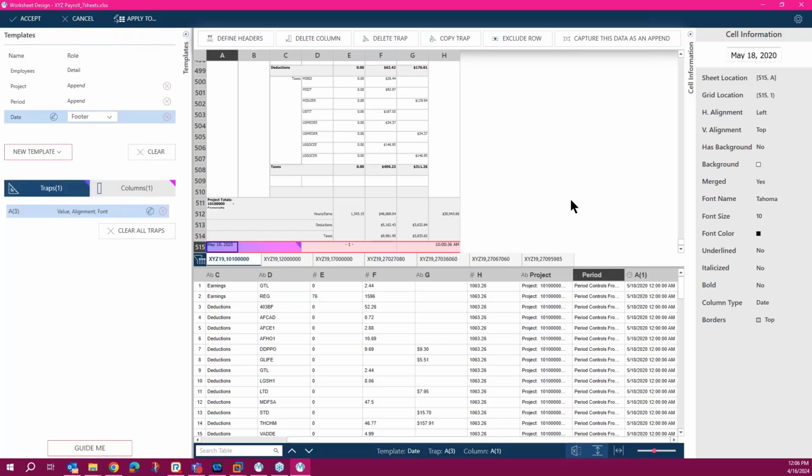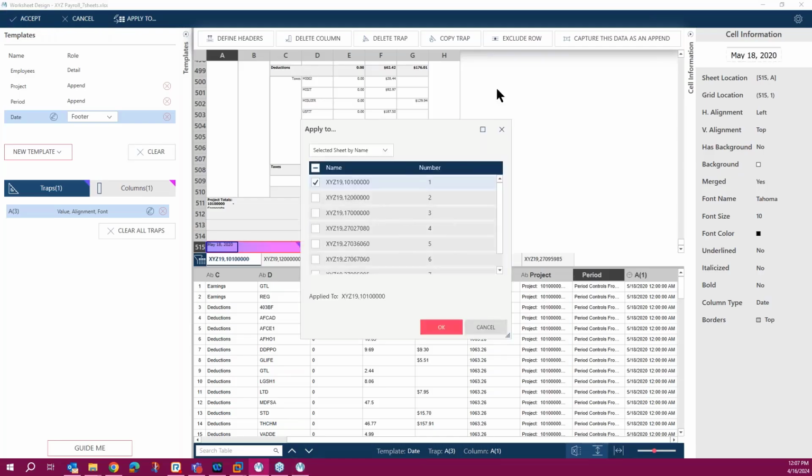So I capture all the data that I needed. The beauty of using Excel trapping is when I click either apply to or accept, it will ask if I want to apply this to the first worksheet, by name or by number, or first sheet or last sheet or all worksheets.